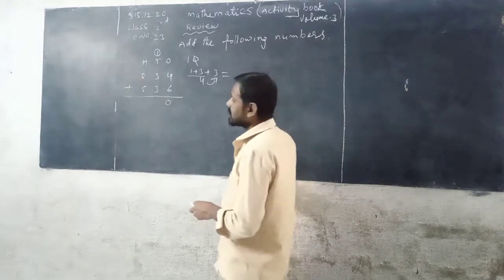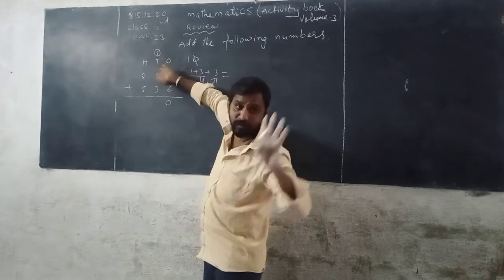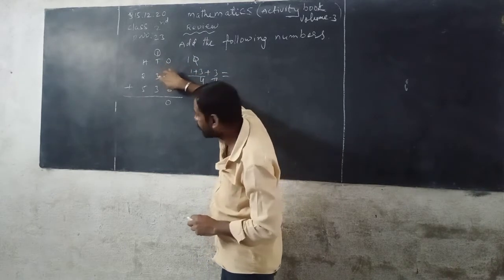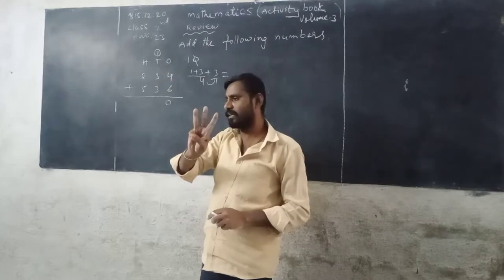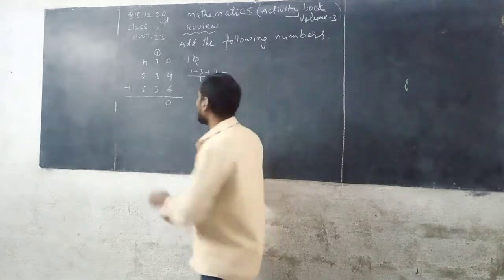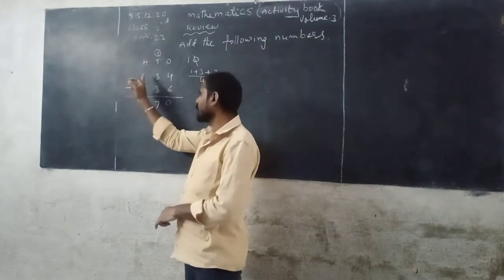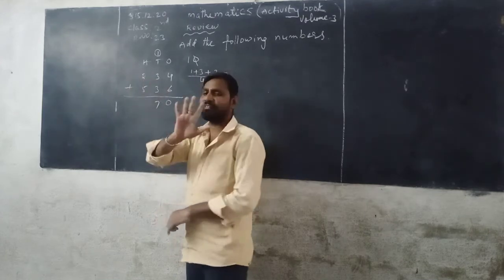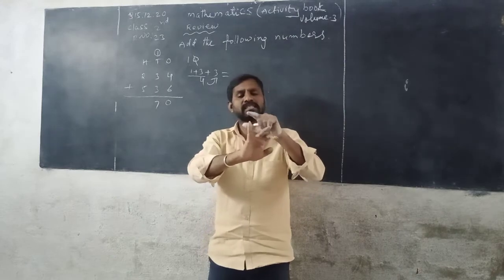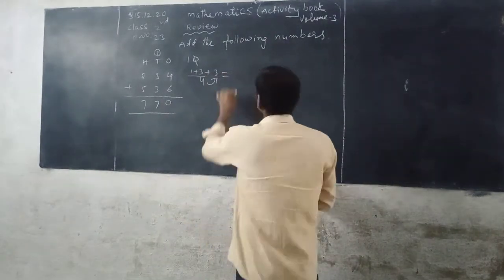See, I can say shortcuts. Look at the blackboard. 1 plus 3, 4. So, 4 in the mind, 3 in the hand. 4, after that you can count 5, 6, 7. 7 write down in the tens column. Next, 2 plus 5. 2 in the mind, and take 5 fingers in your hand. You can count 2, after that 3, 4, 5, 6, 7. So the sum is equal to 770.